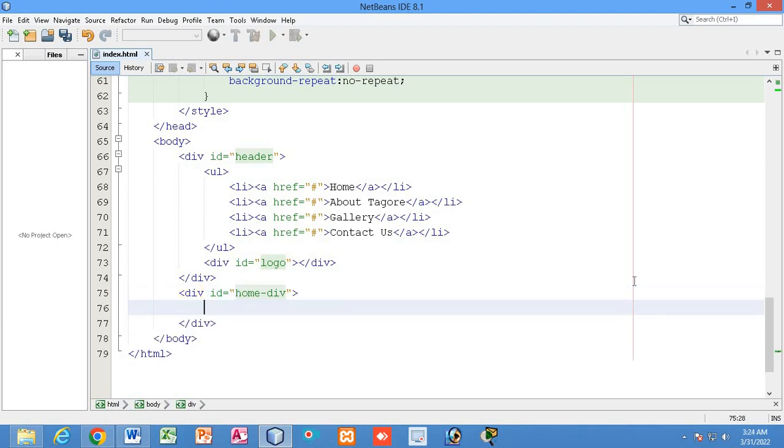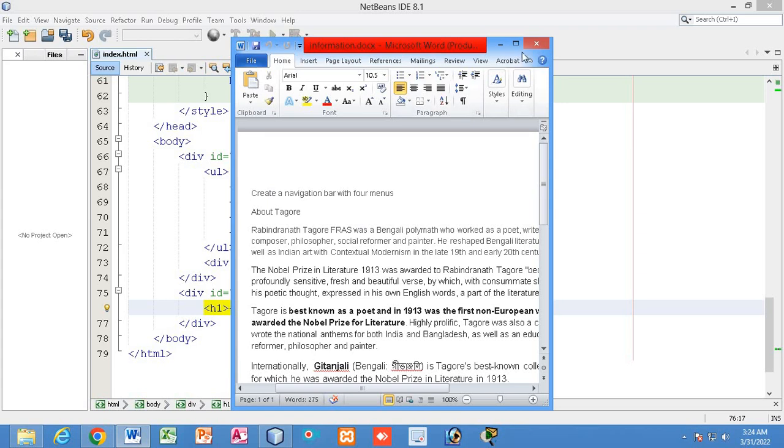Now here we have got the home div. So inside the home div I will write something. I will take h1 heading to write something. Some information I will take.